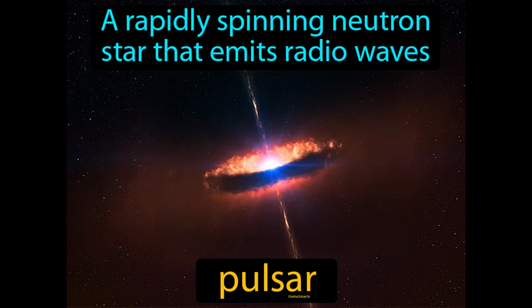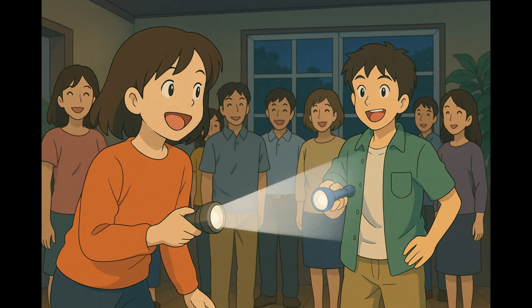A rapidly spinning neutron star that emits radio waves. Pulsar. A pulsar is a highly magnetized, rotating neutron star that sends out beams of radiation, which can be detected on Earth as regular pulses. Imagine you're trying to find a friend in a crowded room by looking for their flashlight beam that briefly sweeps across the room. This is similar to a pulsar, where a rapidly spinning neutron star emits beams of radio waves